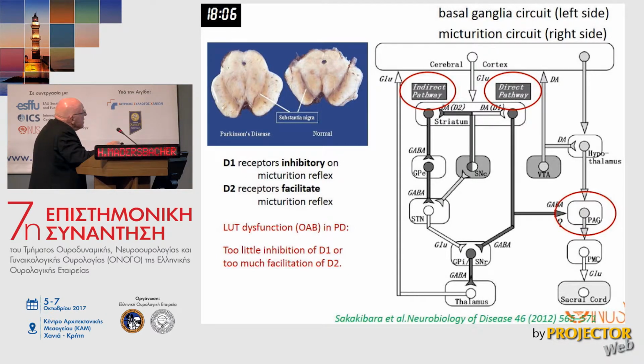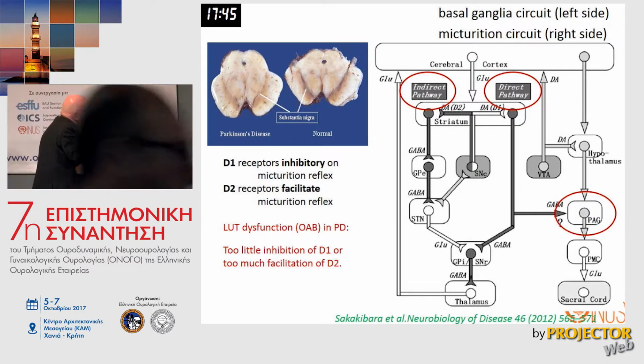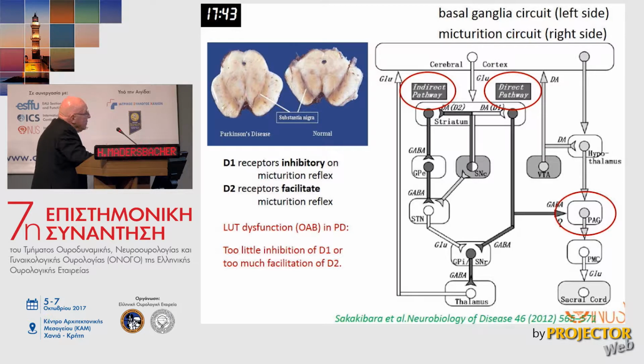This is a slide from Sakakibara. It shows that if we come to the substantia nigra, we have two types of dopamine receptors: D1, inhibitory on the micturition reflex, and D2, which facilitates the micturition reflex. Simplified, we can say LUT dysfunction, especially OAB storage function in PD, is either too little inhibition of D1 or too much facilitation of D2. And the right side of the slide shows you the